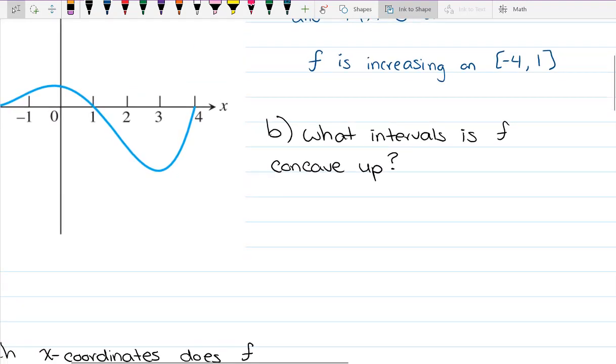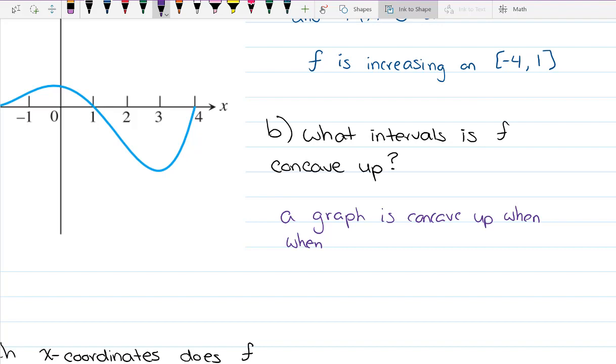Okay, what intervals is f, not the derivative, but f, concave up? So a graph is concave up when f prime of x is increasing. So f of x is concave up whenever f prime is increasing. So then f of x is concave up on the intervals